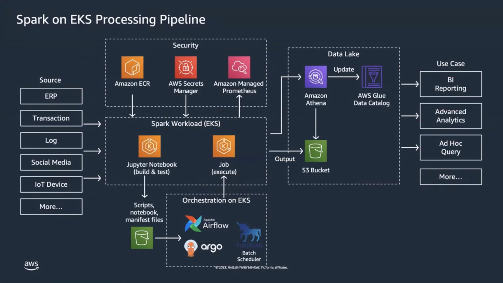All right. Just looking at an end-to-end Spark processing pipeline, at least on EKS, this is a good representation of one that we would typically see. On the left side, you'll see the number of different data sources that the data is being pulled from, and then you can see the Spark workloads themselves being set up. Both the Spark workloads and the notebooks are being run on the EKS data plane.